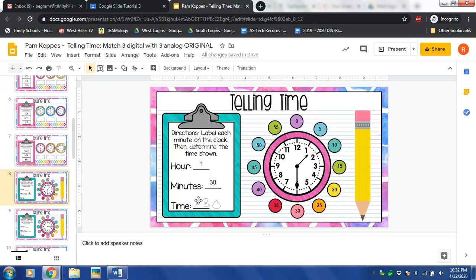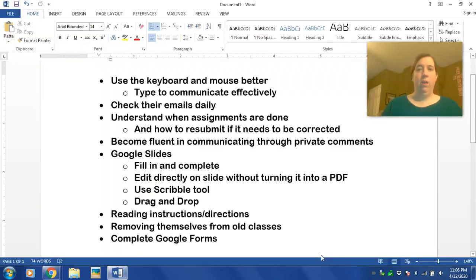If you're doing letters or numbers, I would definitely be using this typing box. But there might be other things. Maybe they want you to draw hands on one of these. Okay, something else your teachers have requested I talk about is reading instructions and directions. And I've mentioned that a few times. You always want to click View Assignment, and you want to read the directions before you click on any attachments